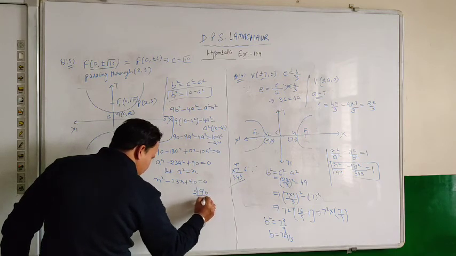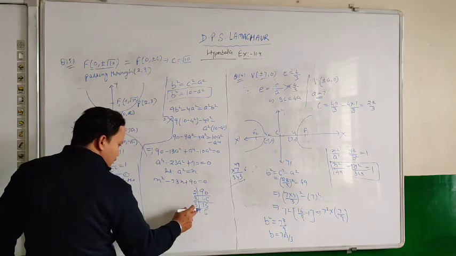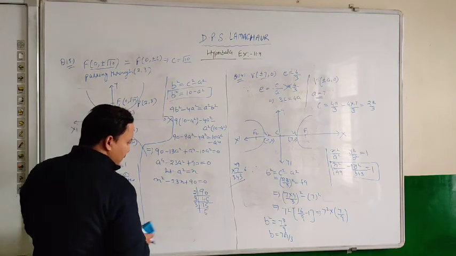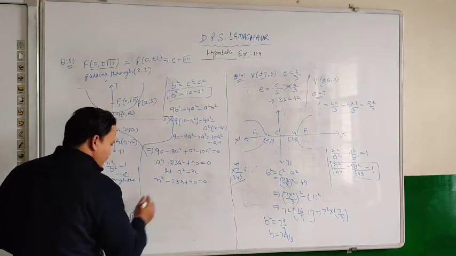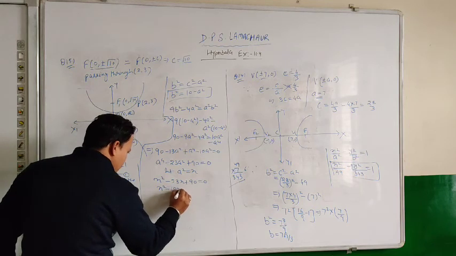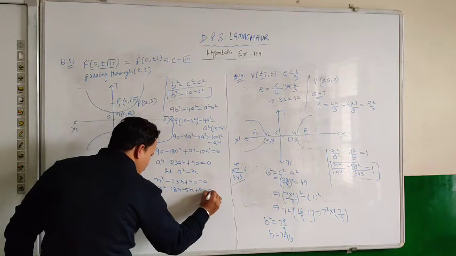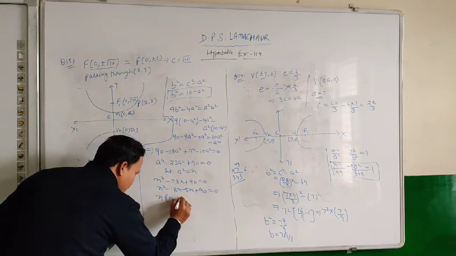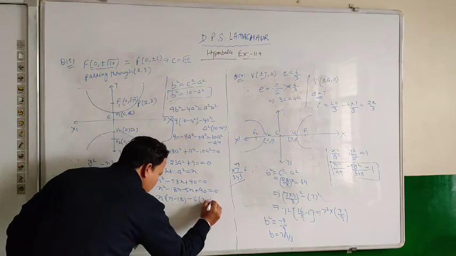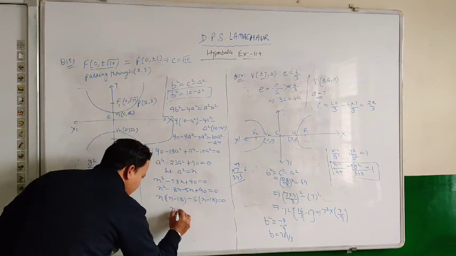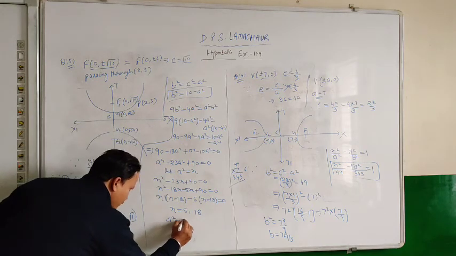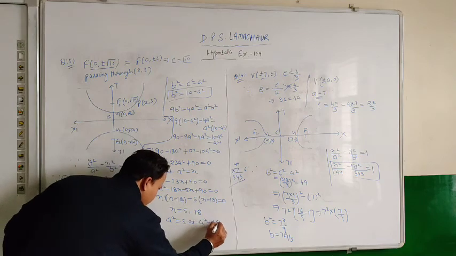The factors of 90: 2, 45, and 3, 15, 3, 5. So 3 times 3 is 9, 9 times 2 is 18, and 5. 18 and 5 are the factors. Okay. So x square minus 18x minus 5x plus 90 is equal to 0. So taking x common from the first two terms, we get x minus 18, and taking minus 5 common, we get x minus 18 equal to 0. So the value of x will be 5 and 18. It means what is x? A square. So a square can take the value 5 or a square can take the value 18.